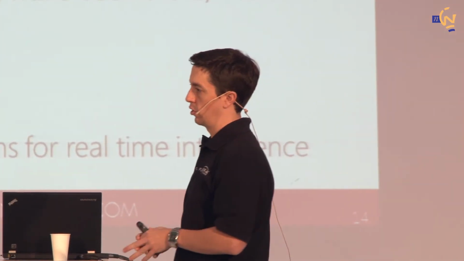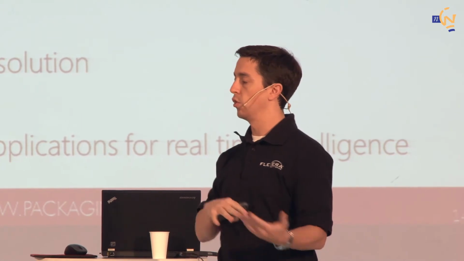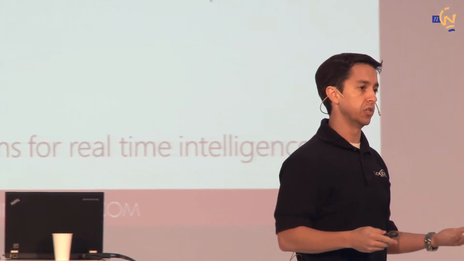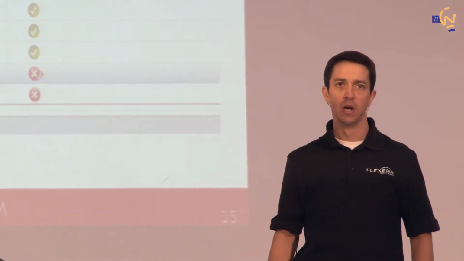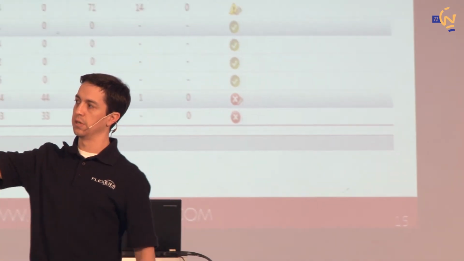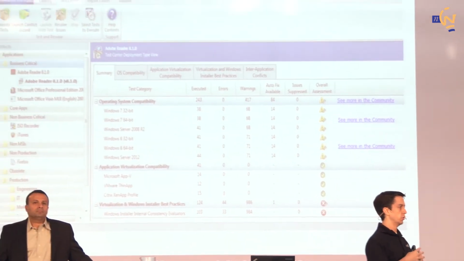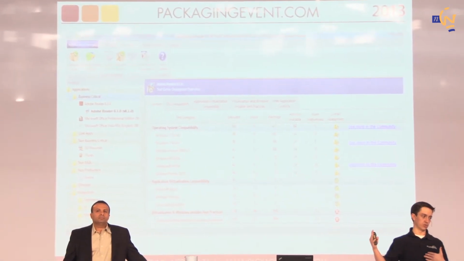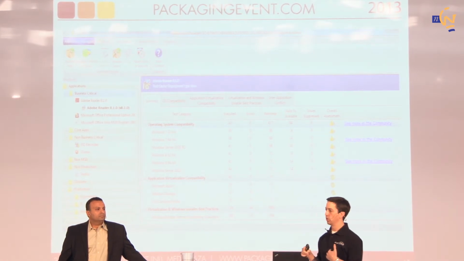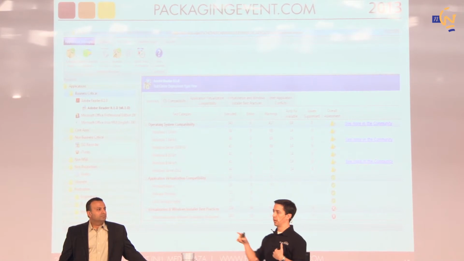And it can apply across all steps of the packaging process. And so it links cloud data to an on-premise application for real-time intelligence and real-time remediation of a particular issue. So, this is just a screenshot. I won't plug what this is, but this is a test center of an application, right? And so you may be typical of seeing these results, and then you see the little wrench there, or the warning sign, and you say, well, crap, what am I supposed to do now if it doesn't have an automatic remediation?